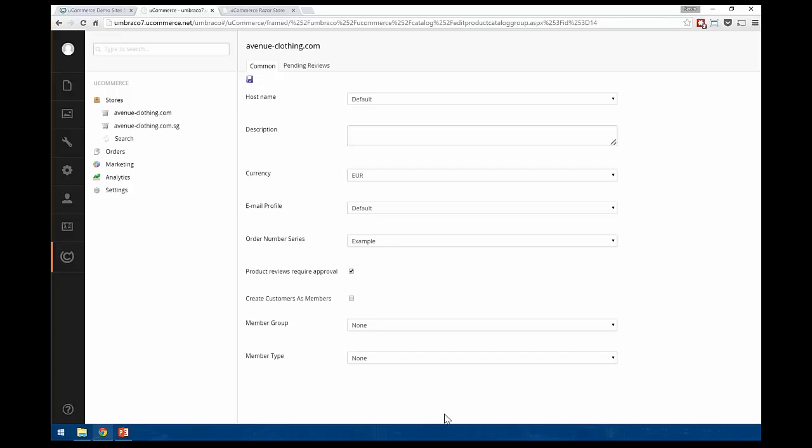We can also integrate with Umbraco here, so we can bring in Umbraco members, so people that can log in on the front end and see order history and things like that. One of the things we can do is create these custom accounts on the fly when people check out. If they do not have an account already, ticking this little box, selecting the member group and the member type will cause uCommerce to create these accounts for the customer, generate a little password so they can log in after the fact, see order history and all that good stuff.